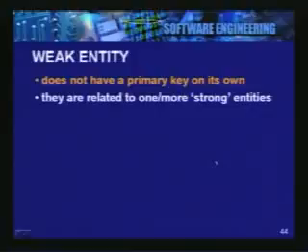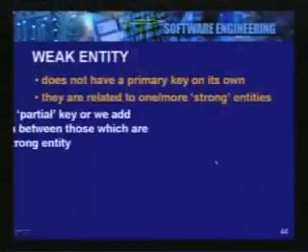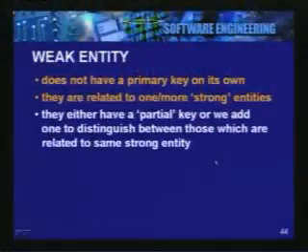So, these entities which do not seem to have a primary key attribute on their own seem to exist in the context of some other strong entity. We will see some examples. Such weak entities may be distinguished in the context of a strong entity, but not on their own. This is a situation where we have to use the concept of weak entity.